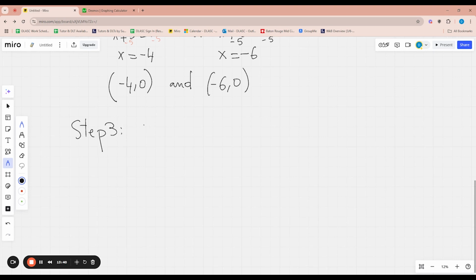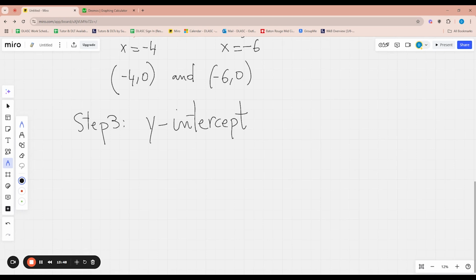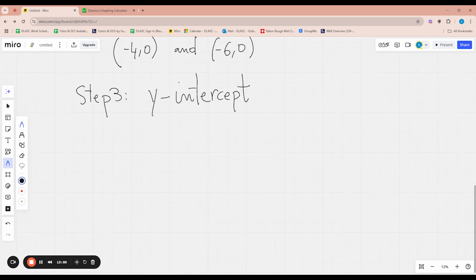And now, the next step, we need to find the y-intercept. This occurs when x equals 0. I mean, when we say y-intercept, the y equals